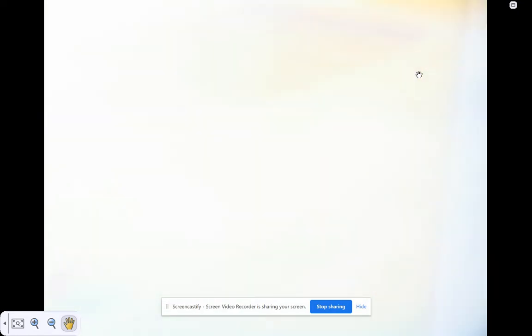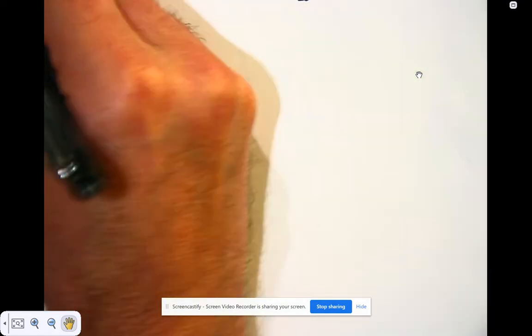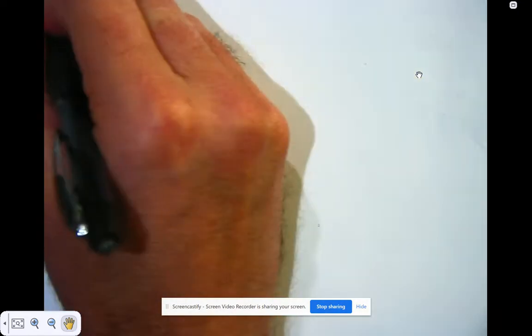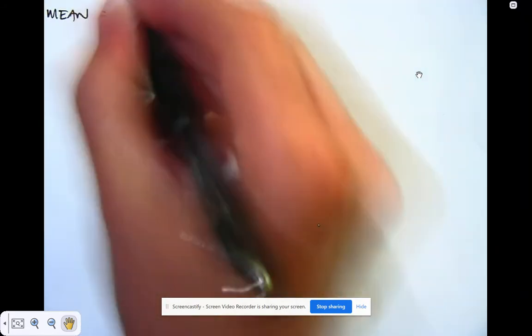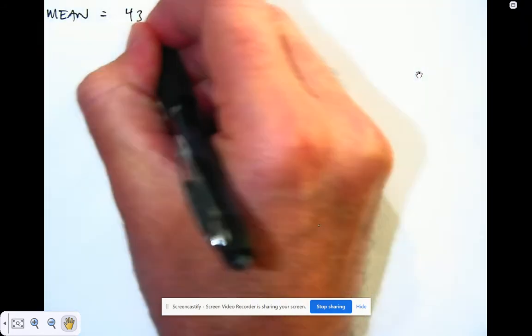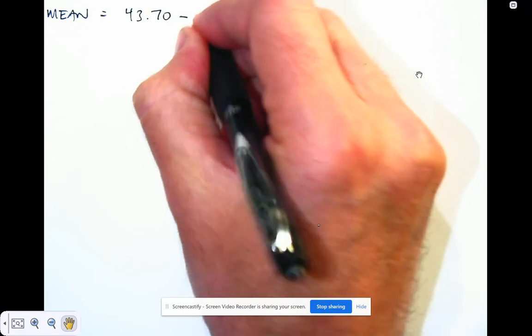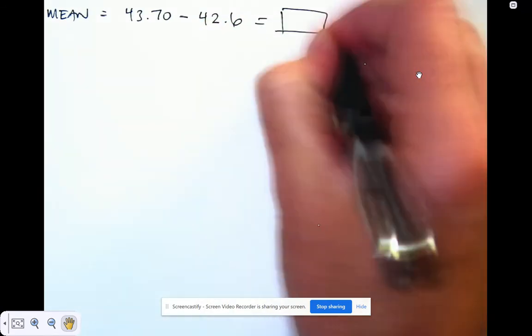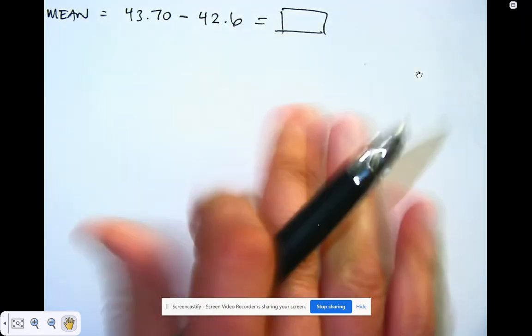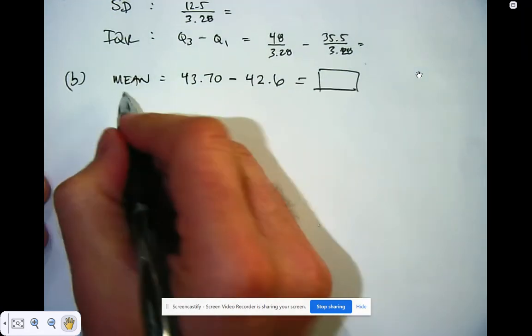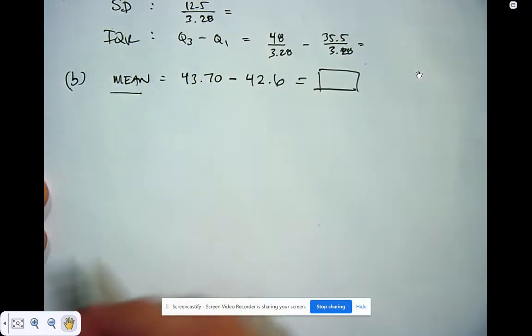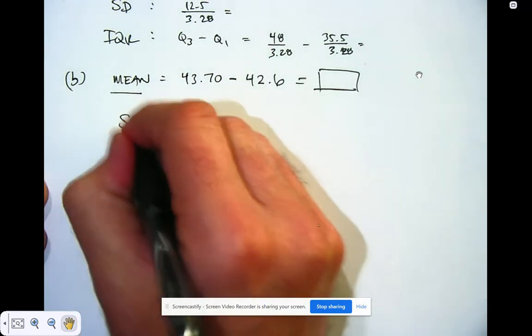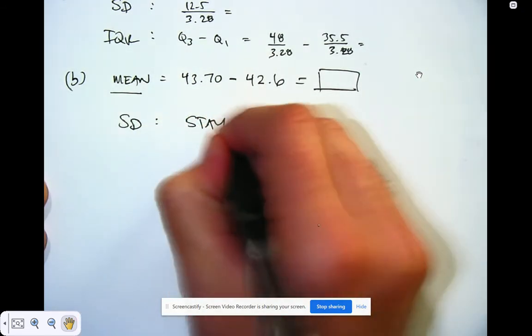And so to answer this question for B, you're trying to find the mean. Well, the mean was 43.70. You definitely have to subtract 42.6 to get your answer, because when you add or subtract to data, you definitely do have to do that to the mean. But the second thing they ask you to find was the standard deviation. And what you would say here is it stays the same